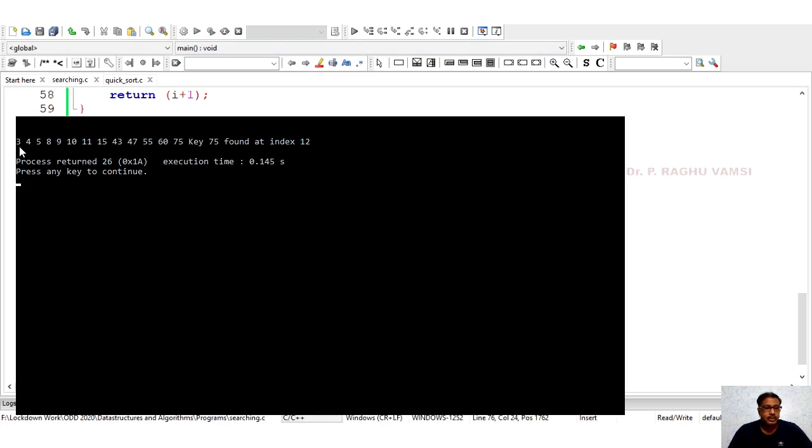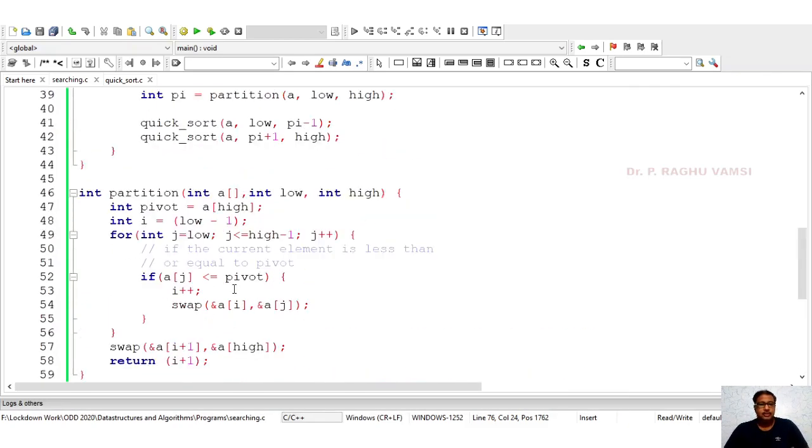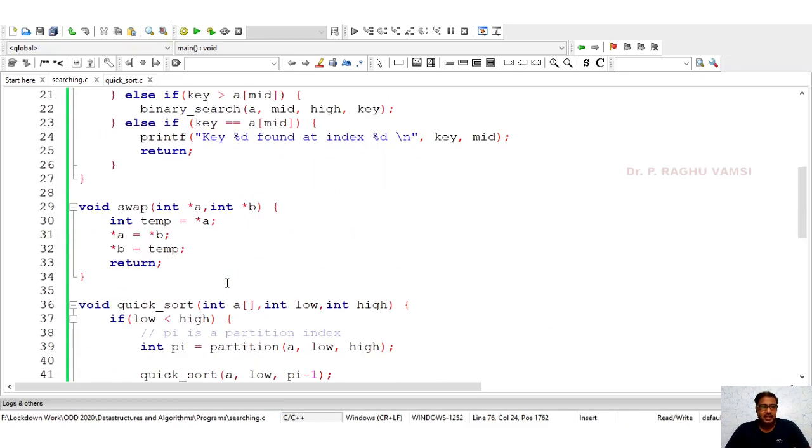So this is the array in sorted order, and the key 75 was found at index 12. Here we find this is the last index where we find this key with the help of binary search. This binary search I have implemented in a recursive way.